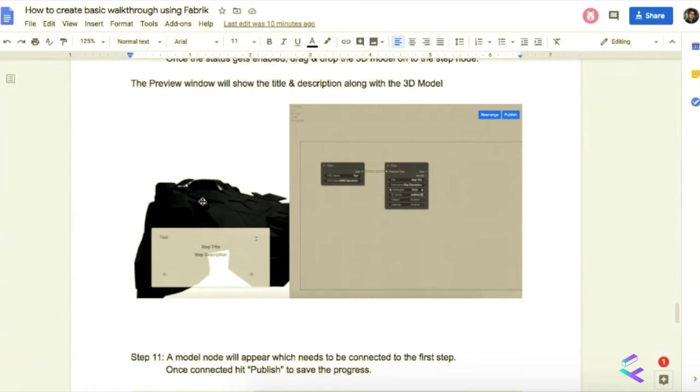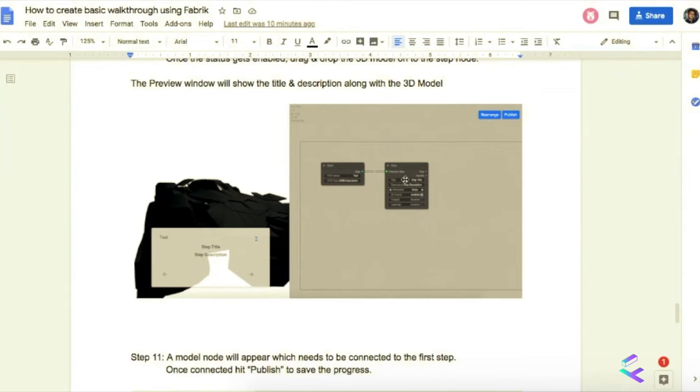Okay. So from Google Drive, the first step is to download it locally, whatever system you are using. And from the local storage, you have to drop it at this node. Anywhere in the node, just enable and drop it. Yes, enable and drop it, but we need to drop it on that particular node step which we want the 3D model to show. Absolutely. Right now, for example, I've only used one node, but the same way we can add consecutive steps and consecutive 3D models to various steps.